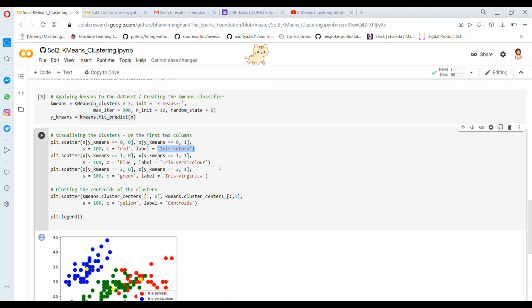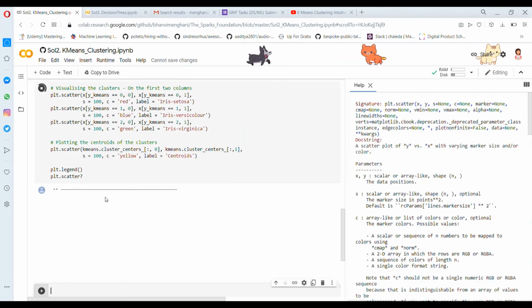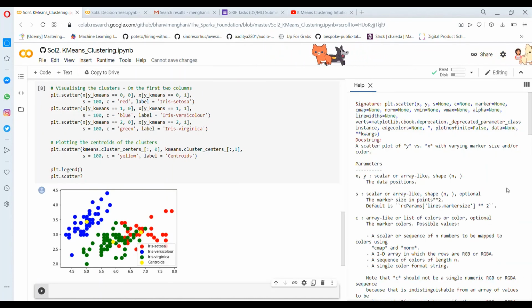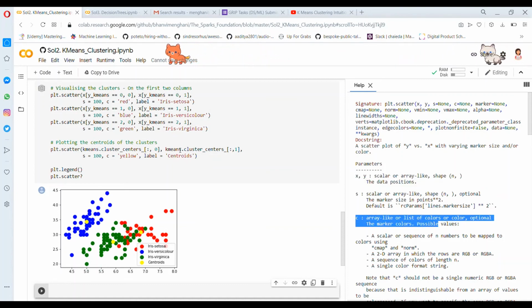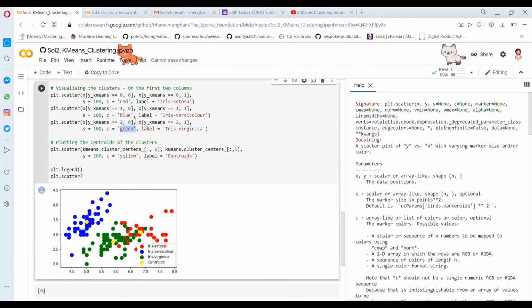All of these are plotted using the scatter function, which can be studied further using the help option, by just applying a question mark behind it, and you can get the whole help. Wherein we have given the x and y values, we have given the color value. C stands for color. We have given green color, blue color, and red color. We have given the label articulating what kind of flower it belongs to, and we have also given the x and y scalar values, which essentially have to be an array shape.